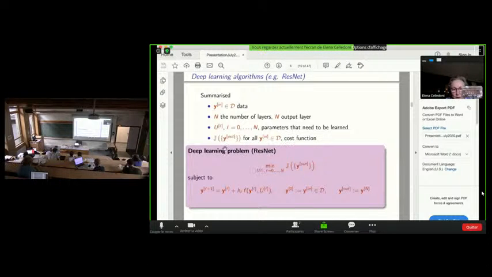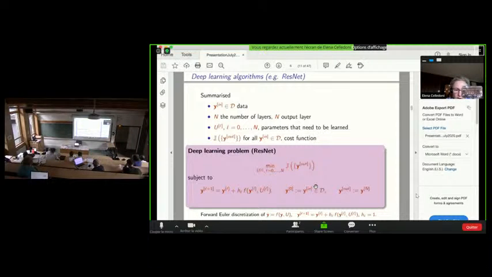Then the deep learning problem for ResNet can be stated in 2 lines as follows. It's a minimization problem over all parameters of the cost function, subject to the following constraints, which you can see here at the bottom of the page.